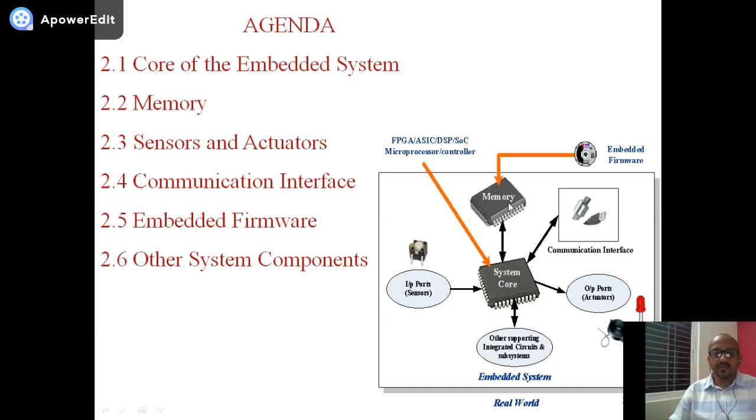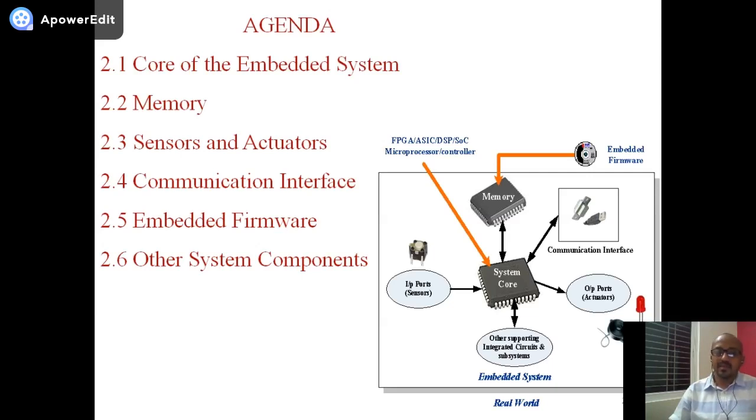memory, sensors and actuators, communication interfaces, embedded firmware and other system components. So, as you all know, the embedded system